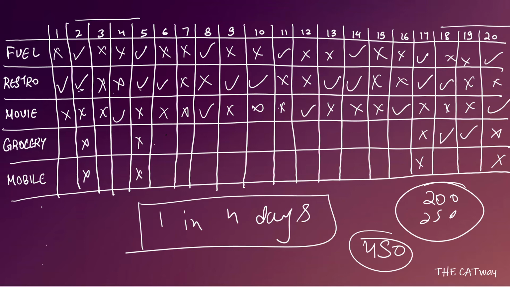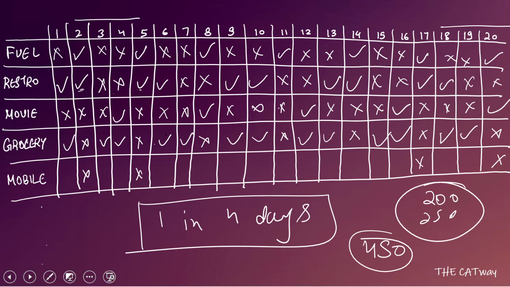Similarly for day 17, you know there is no grocery. So grocery is going to come for day 15 and 16. So it will follow a similar pattern. It will be a cross, then 2 ticks, cross, then 2 ticks. Okay. And on the first day also it will be a tick, because for 3 days it has to be there on 2 days. Okay. So we have everything for groceries.